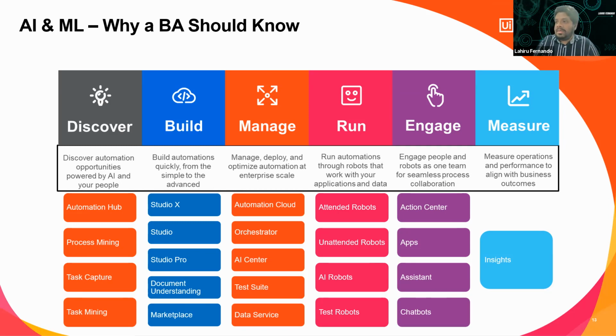So you can see we can use AI in each and every stage. So that's how important it is, even for a business analyst. So you know already in which stages you're involved in an RPA journey, and just think about how these things can help you do things, and why you should know this, because you also need to give certain suggestions to people in the organization about how to do certain things. So it's very important to know about this stuff.